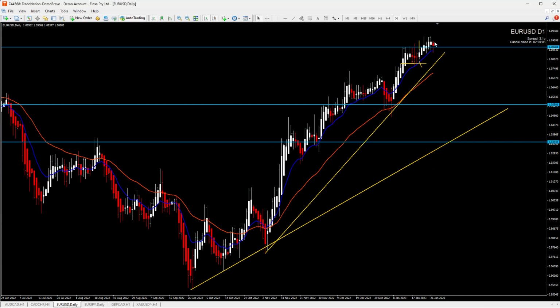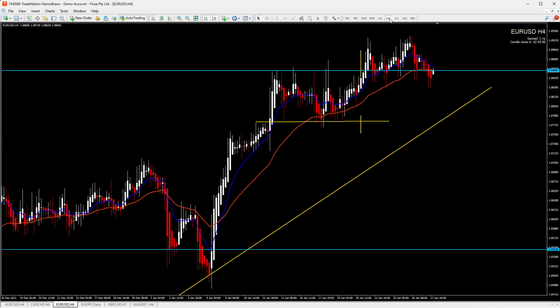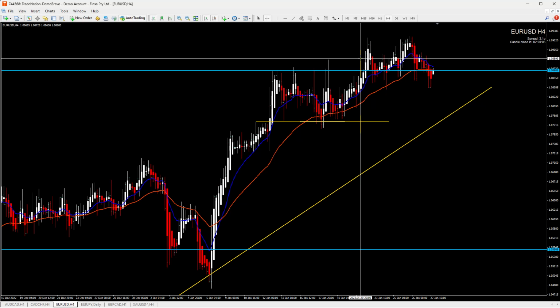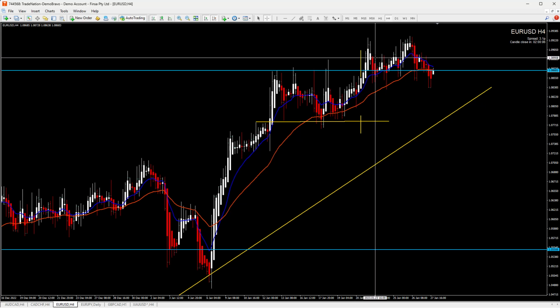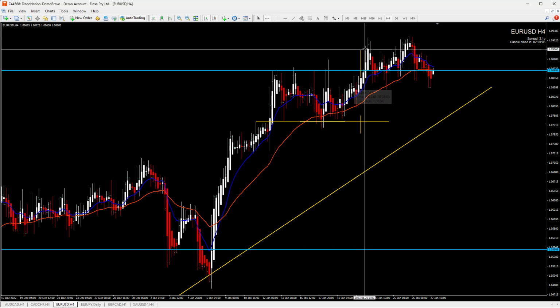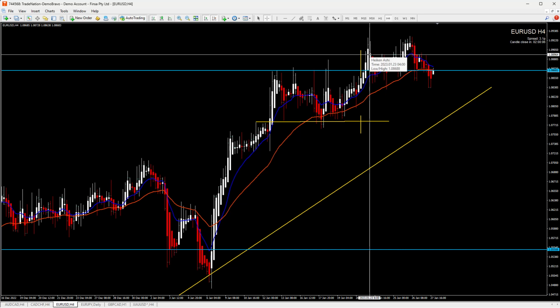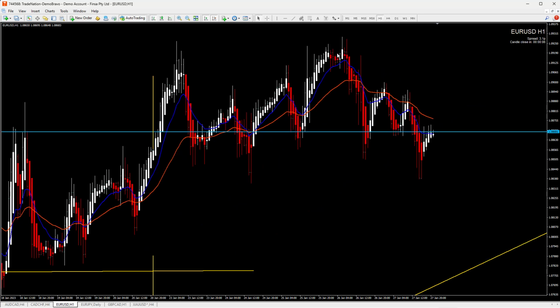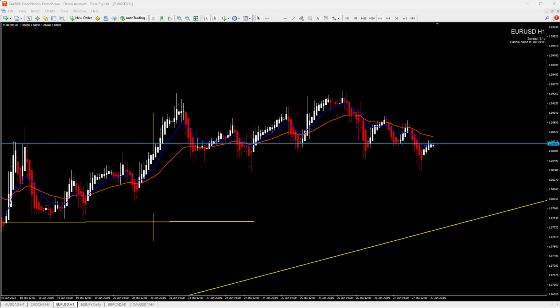Euro dollar is still around the same zone. We had a situation that last time price broke this resistance, like we said, but there was no continuation. Price started to range, so you see that we had this breakout, a very nice opportunity. So lower time frame entries, long scenarios were okay, but the problem with this pair was that price didn't continue but started to range here. Okay, so we have another range